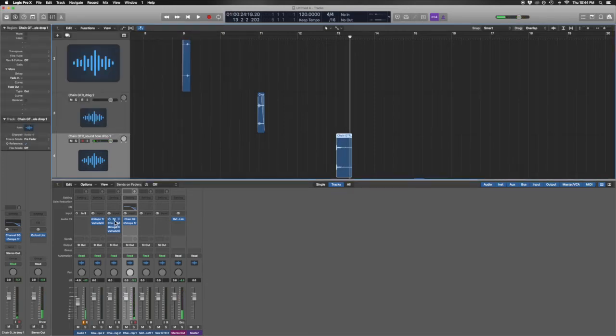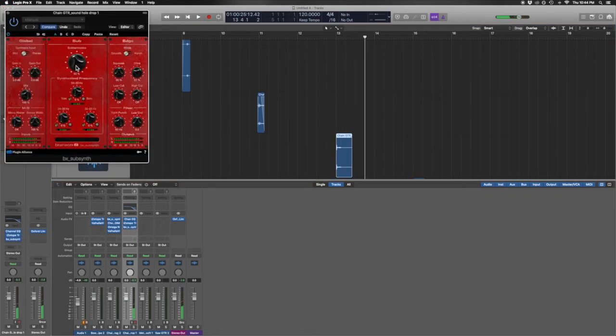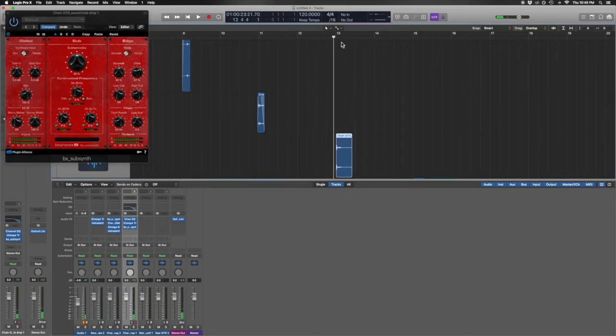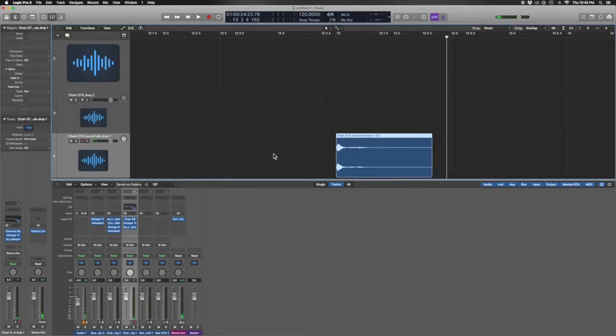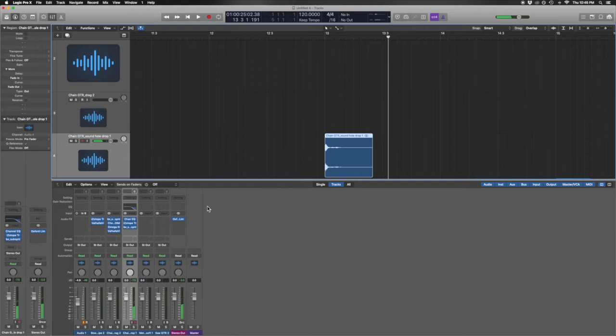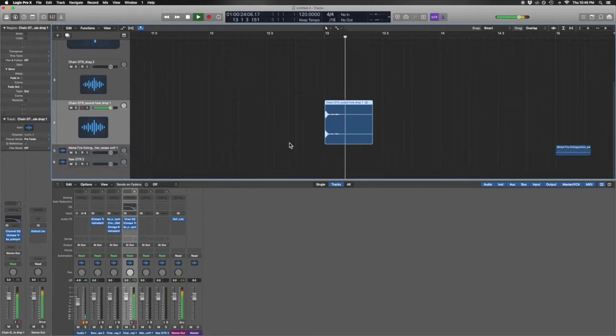Let's grab that subharmonic synth again. It's not quite there. What else can I add to this? Let me try this. Let's get rid of the subharmonic synth. And then